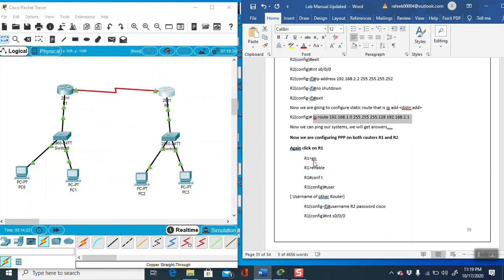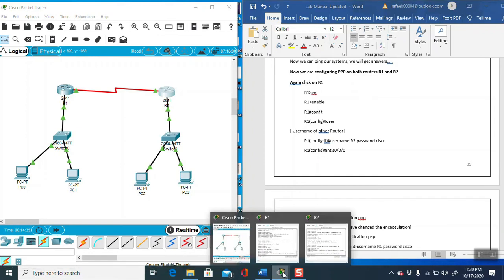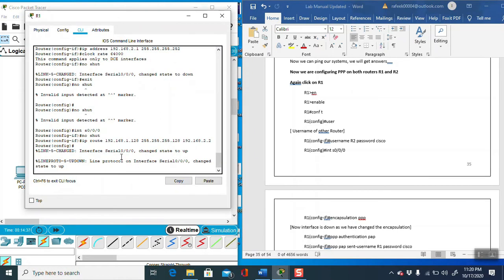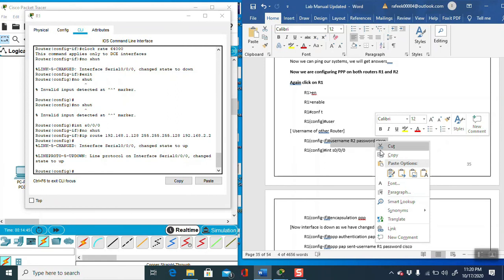Now we are going to configure PPP, Point-to-Point Protocol, on each router, and PAP, Password Authentication Protocol. Go again inside the first router, which is already in enable mode, and give the username and password.